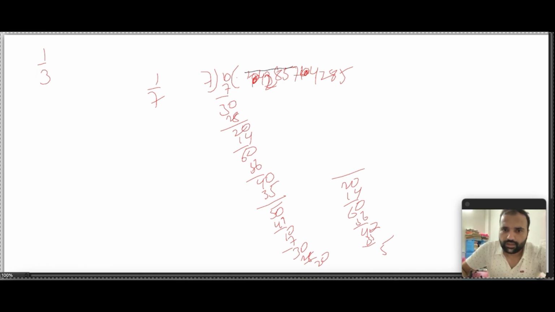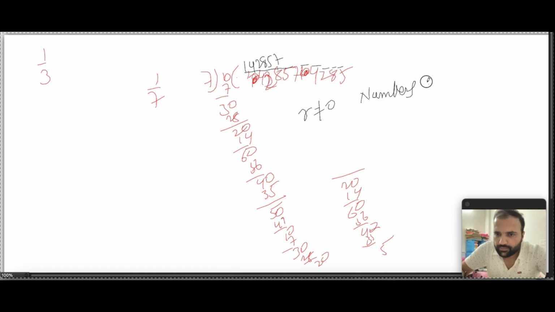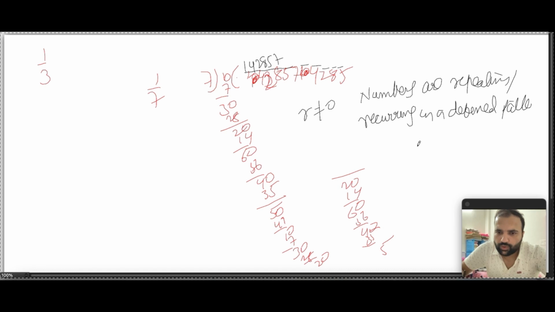So what do we observe now? Let's relook at the numbers. We have 1 4 2 8 5 7, and the same thing is repeating, 1 4 2 8 5 7. So even though the remainder is not equal to 0, we see that the numbers are repeating, or we can say recurring, in a defined pattern. So we can conclude that 1 by 7 upon division gives 1 4 2 8 5 7,